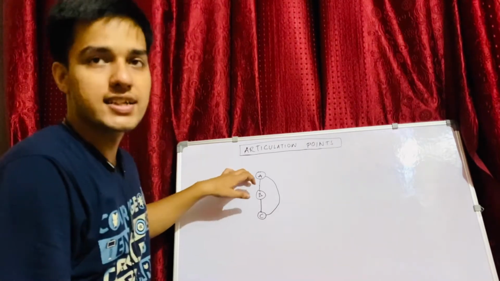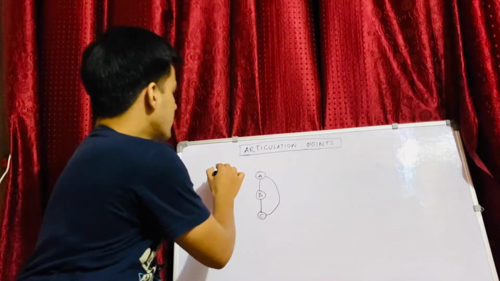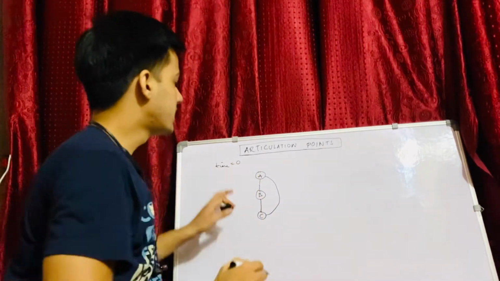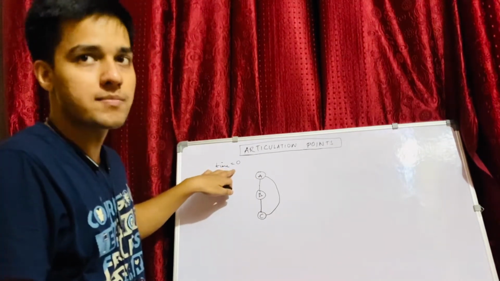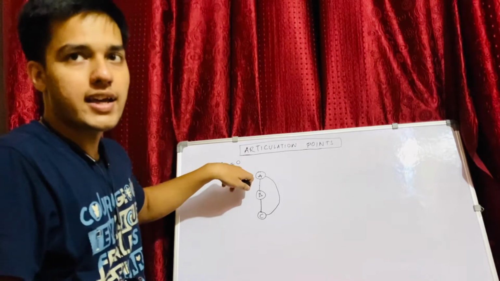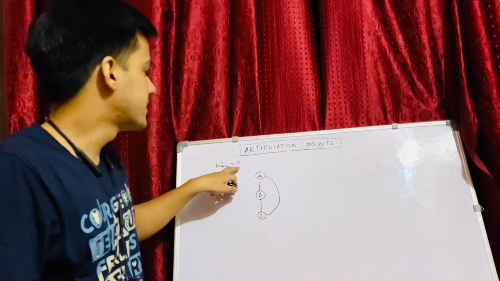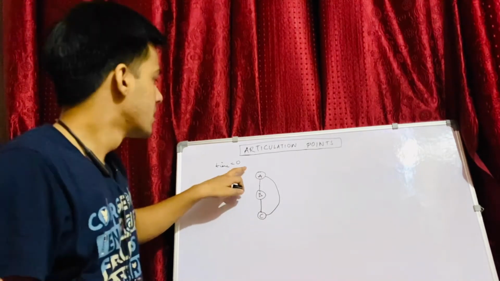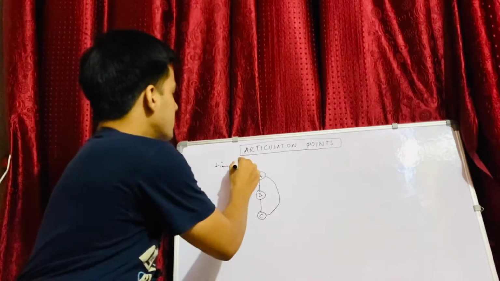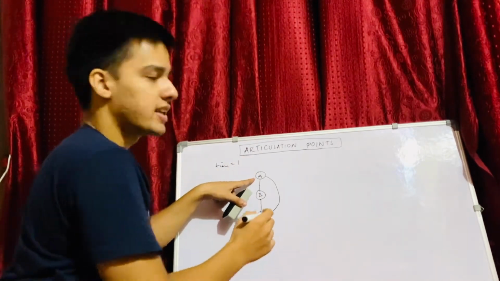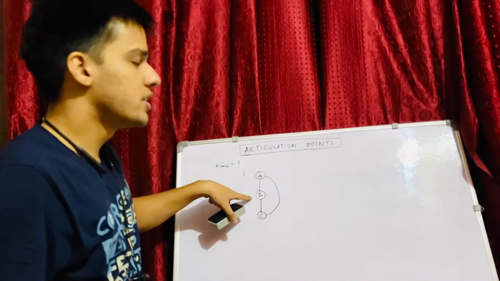So let's suppose I started my DFS from node A, right? Initially I'll have a global counter. Let's call it time. Initially I have not visited any node, so this will be 0. When I encounter A, I'll update the time value to 1, and I'll set the discovery time of A to that value. So this will become 1, which means this is the first node that I've encountered, and I'll update the discovery time of node A as 1.